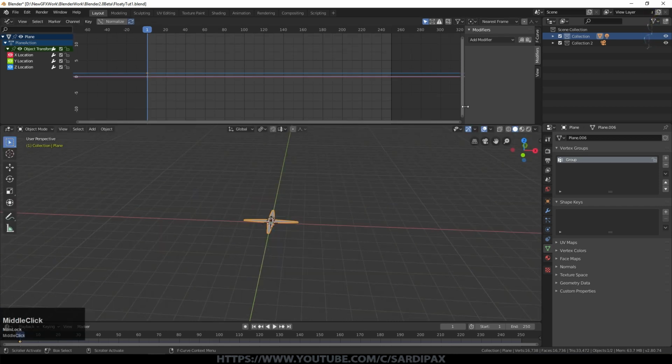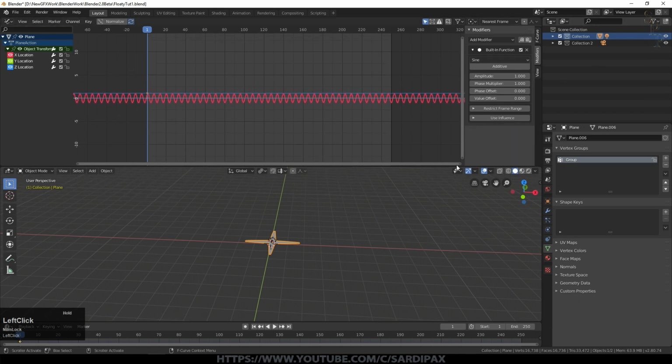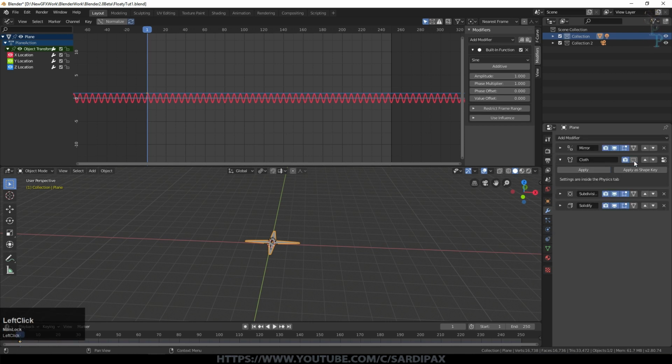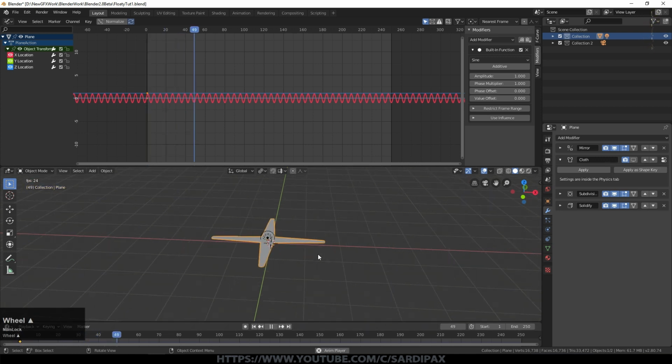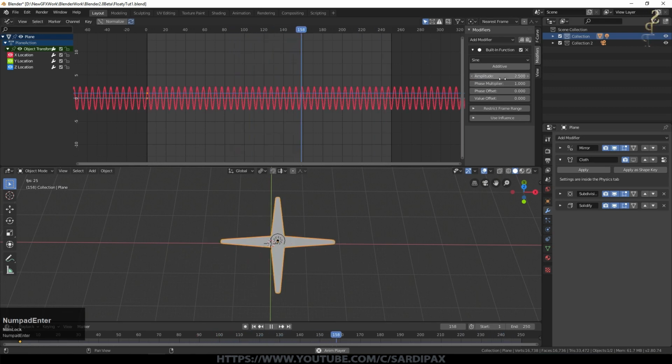So having recorded that position, under modifiers, I'm going to click here to add a modifier, and I'll add a built-in function, which by default is sine, and that's the one we want. I'm just going to turn off the visibility of the cloth modifier for a moment. So if we come to the modifiers, it's going to turn off the visibility in the viewport, and you can see at the moment I must have had X selected. It's just moving backwards and forwards like that in X. So I'm going to increase the amplitude, so set that to 2.5.